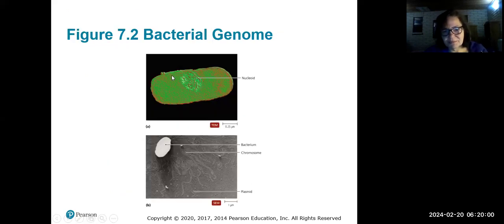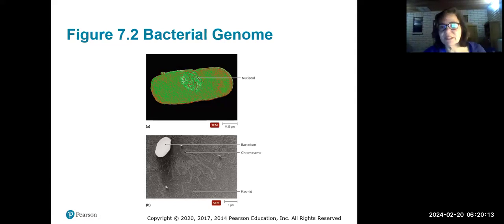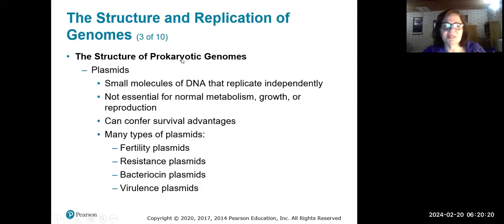So there's this main chromosome, and then there are these smaller circular structures also. They're referred to as plasmids, and different bacteria have different amounts of plasmids, but it's one of the coolest things about prokaryotes. We'll get to it. All right, so let's talk about these plasmids. They're smaller molecules of DNA. They're not as big as that giant chromosome. They copy themselves independently from the big chromosome.